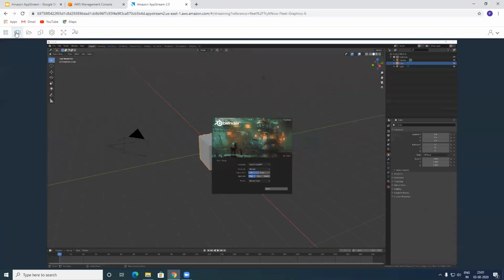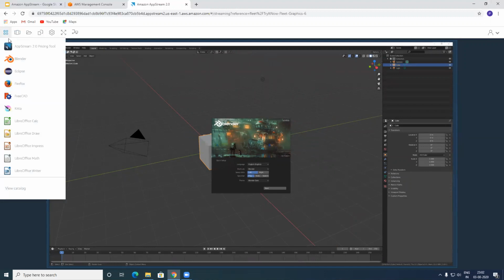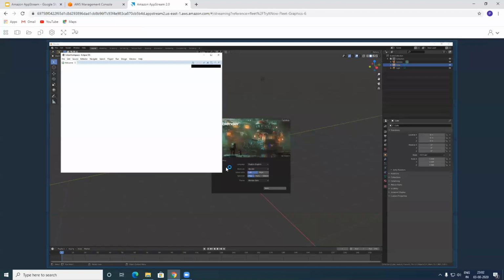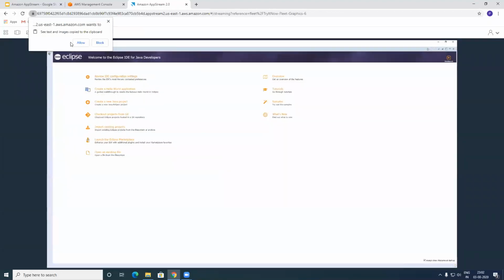You can always go ahead and click on this in order to access multi-window in terms of accessing all of the different applications. You can take a look at one more application. Let's say that we open up Eclipse. If it starts fast, it means that they do have a very good instance on the backend that is hosting all of this content. So it's starting the workbench. Amazing. It has already started Eclipse. You can go ahead and make Eclipse full screen. You can always go ahead and allow text and images to be copied. It's totally your choice.